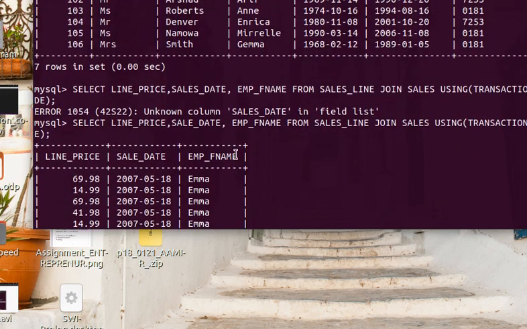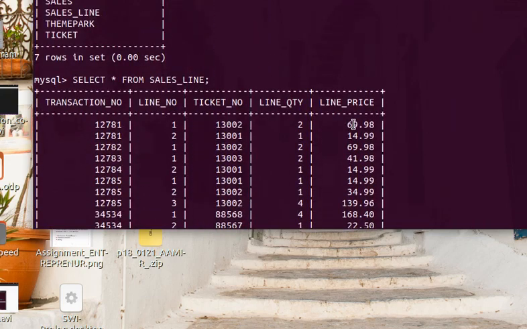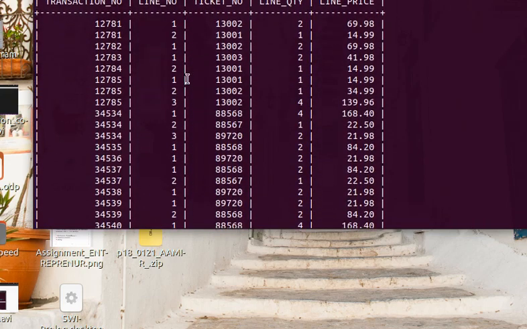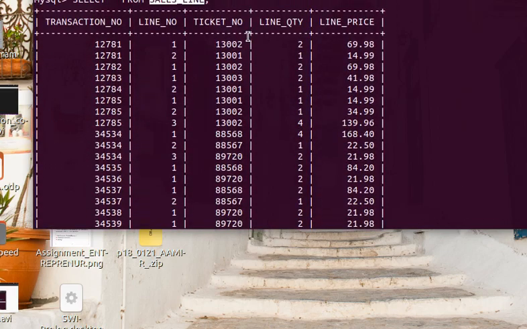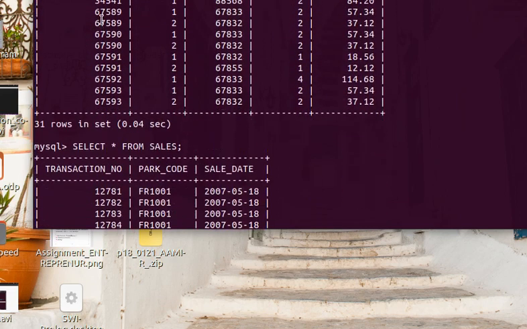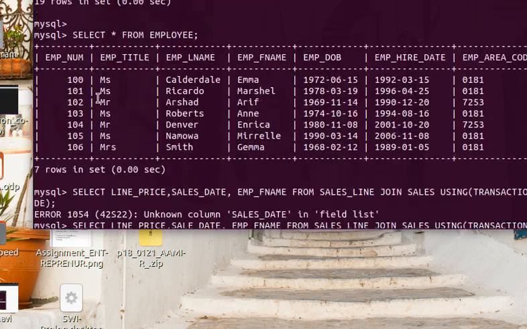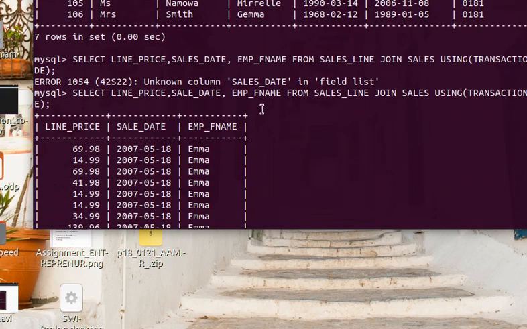After this we say from sales line, and here you can see the sales line. This will be linked with the transaction number because they have the same column. So we say from sales line join sales using transaction number. Yes, these are linked with the transaction number. Now this sales,